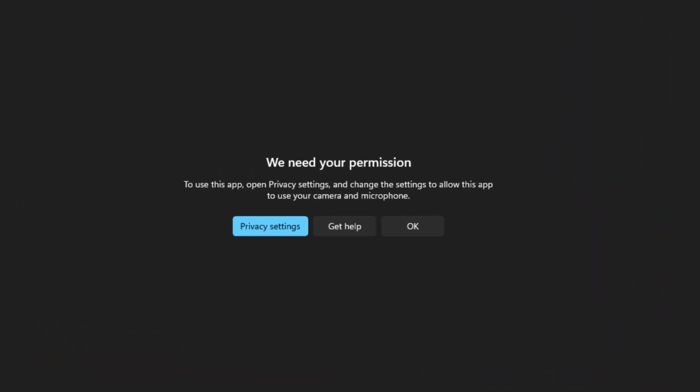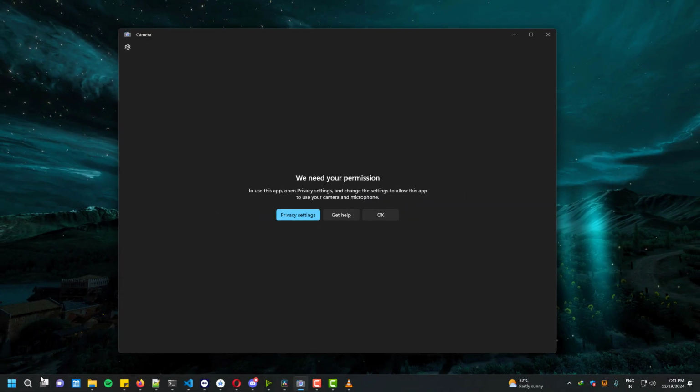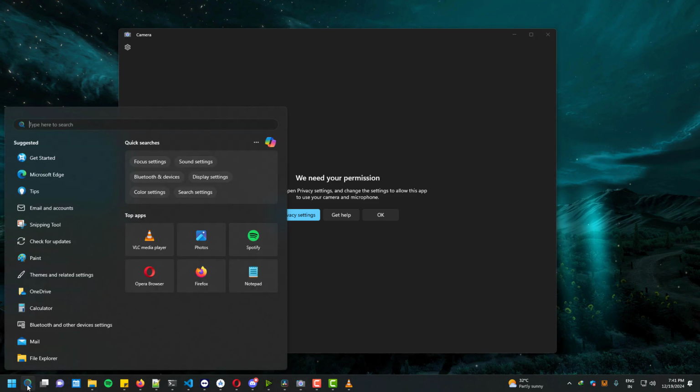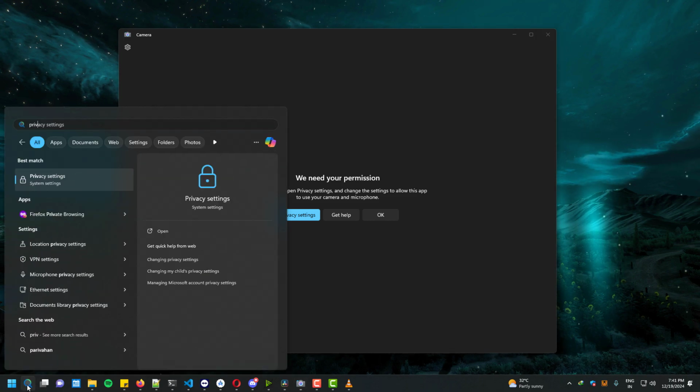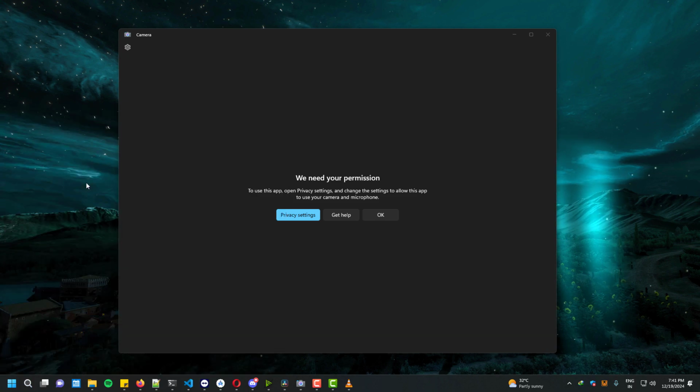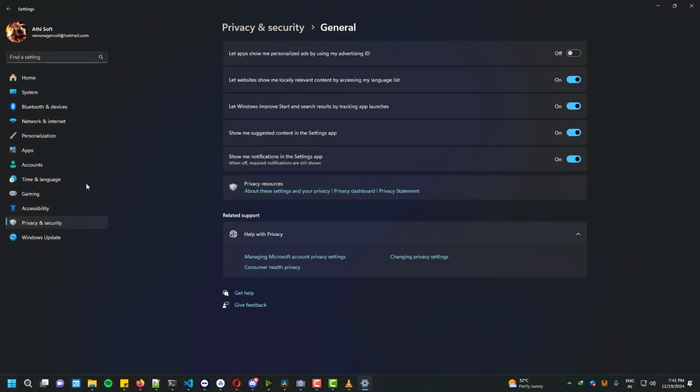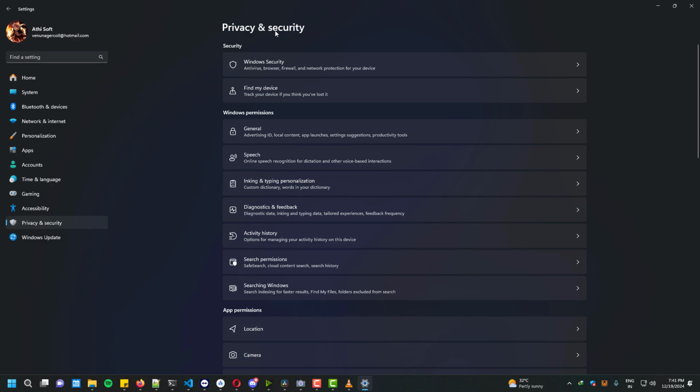Before you getting this error which says we need your permission to use this app, open privacy settings and change the settings to allow this app to use your camera and microphone. Well, that makes sense because it's actually asking us to enable the permission for our camera. This application name is also camera because it's a default built-in camera recorder and they have given the same name